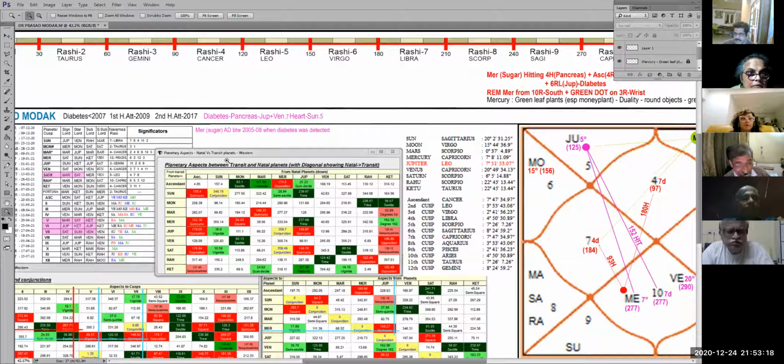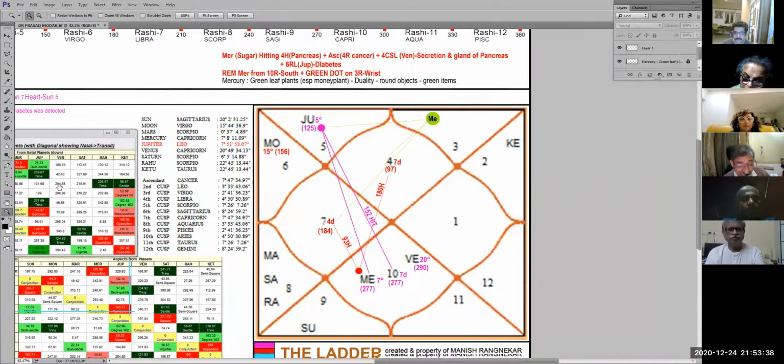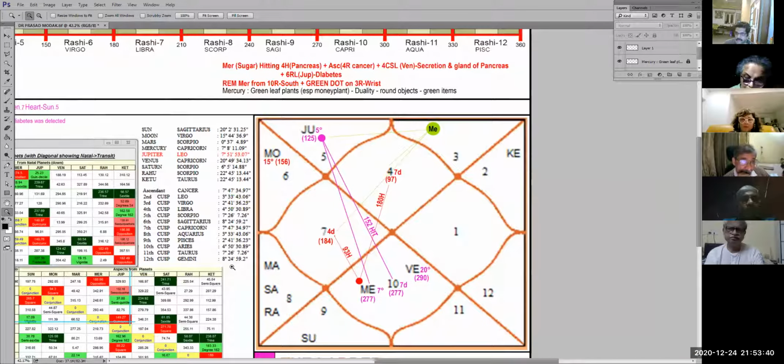When I asked him, he didn't tell me 2007. I asked him whether between 2005 and 2008 it was detected. He said yes. Because when he first told me, he said 10-15 years ago it was detected. He had not told me the date. But when this Mercury came up, I asked him, and he said yes, 2007, he took it. It was detected over there. Understood? Case solved. Now we have to give both of them a positive hit.